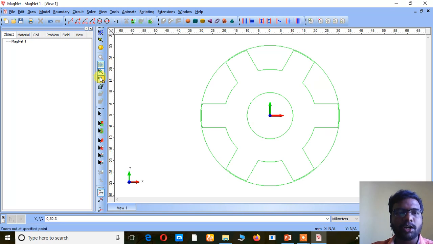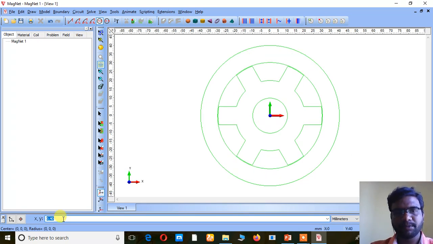Now I want to draw the poles for the stator. I want to draw a sketch up to which I want to draw the pole length, right? So the pole height of the SRM motor that I am going to consider here is 40 mm. It is an assumed design, not the exact one. So 0, 0 means here it is 0, 40. So I drew this one. Now I am going to draw the back end of the stator. It is 0, 50.